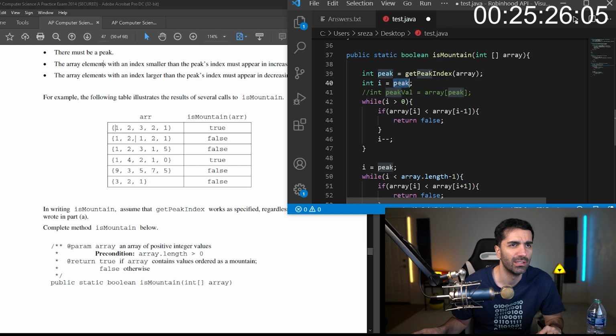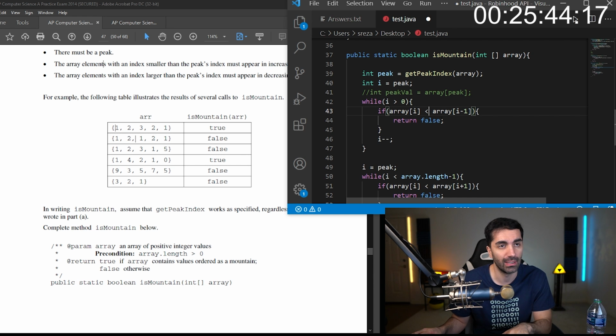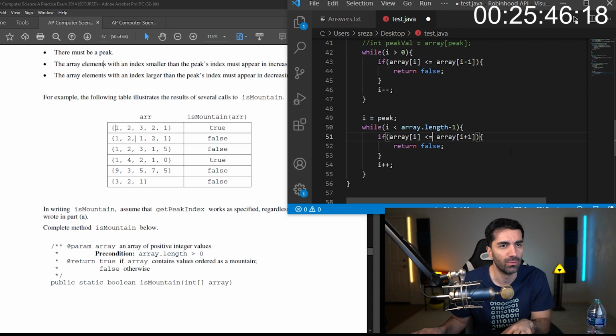No, actually we need to keep the peak. So I is 2, I is 2. So if here is less than or equal to, right? I think if it's equal, then that also wouldn't work.